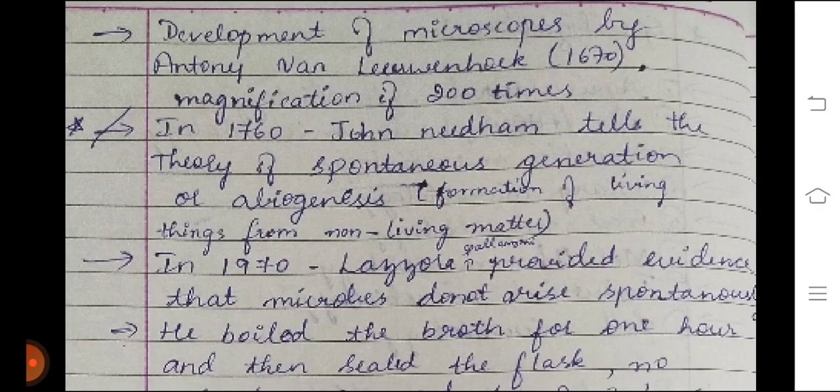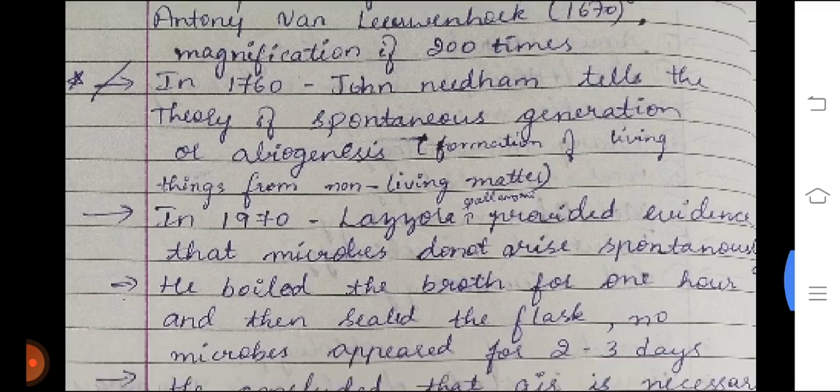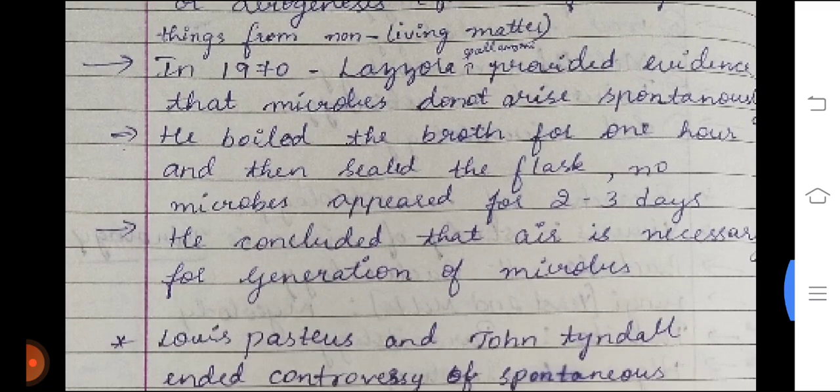Next, after that, there was the development of microscopes by Leeuwenhoek in 1670. It magnified 200 times. And in 1760, John Needham put forward the theory of spontaneous generation. Then in 1770,